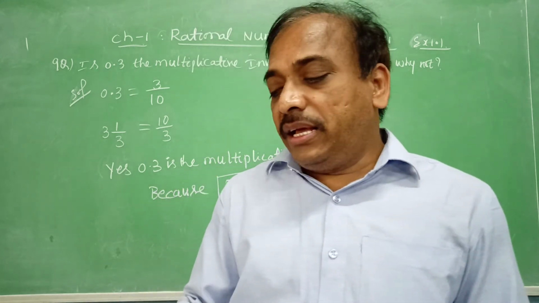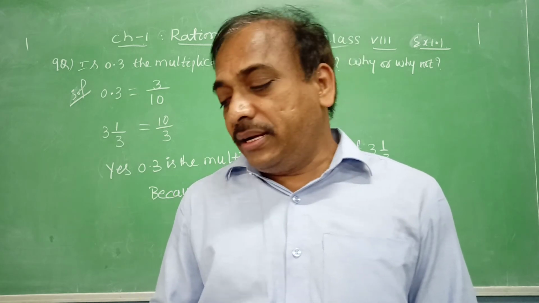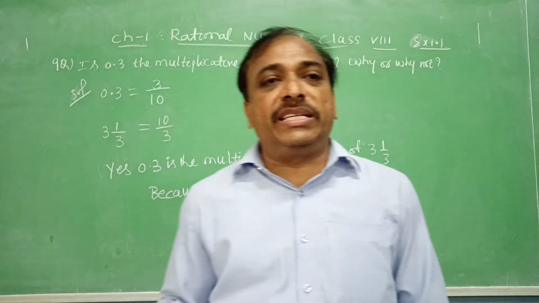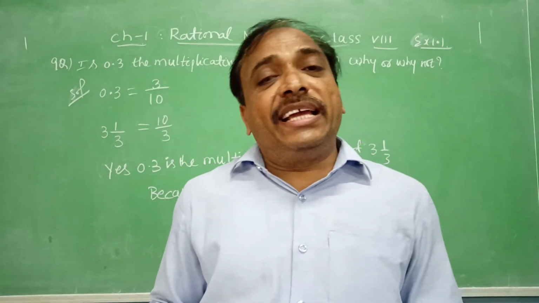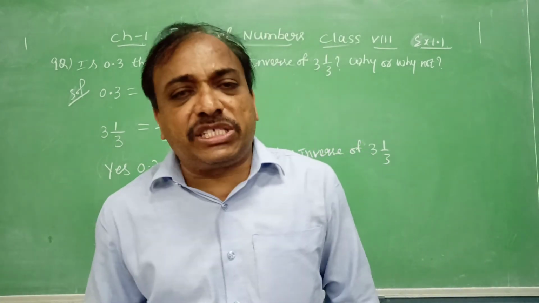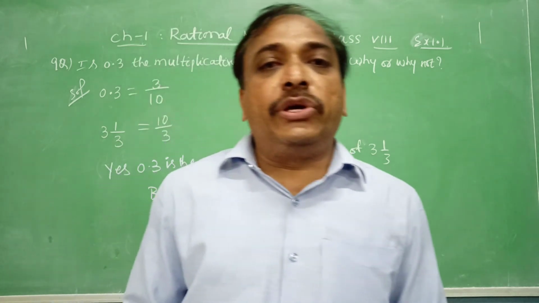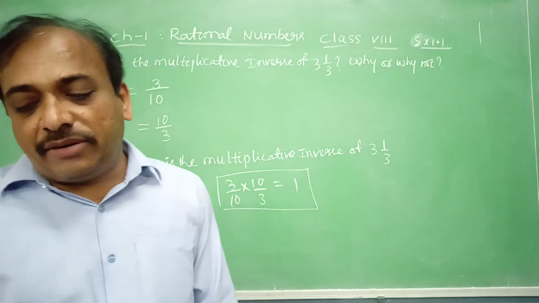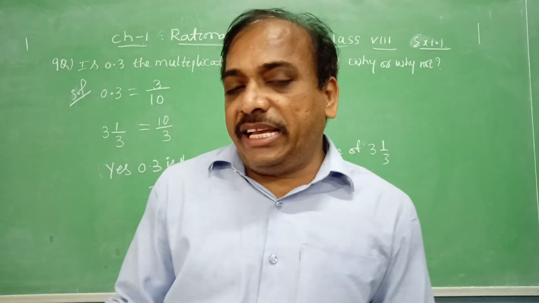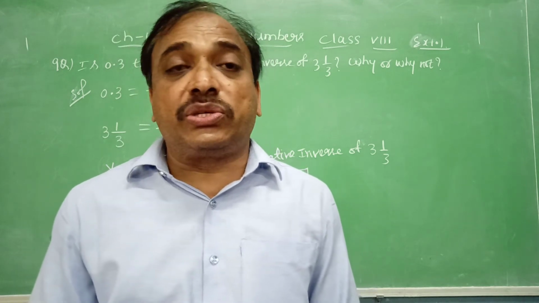Second property, minus 13 by 17 into minus 2 by 7 is equal to minus 2 by 7 into minus 13 by 17. So A into B is equal to B into A. Which property do you call it? It's the commutative property. The third one, minus 19 by 29 into 29 by minus 19, is equal to 1.